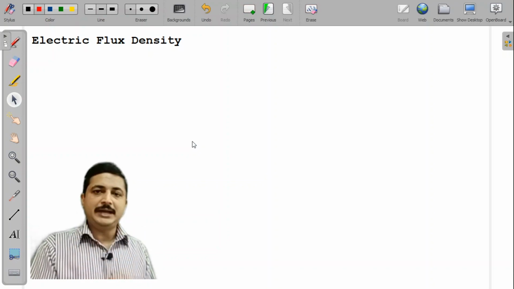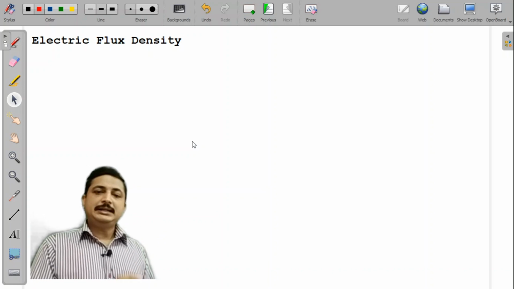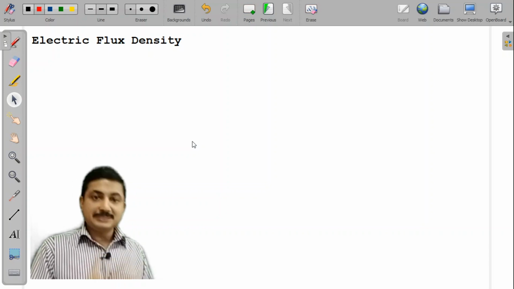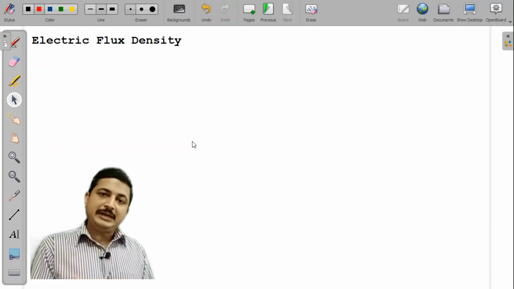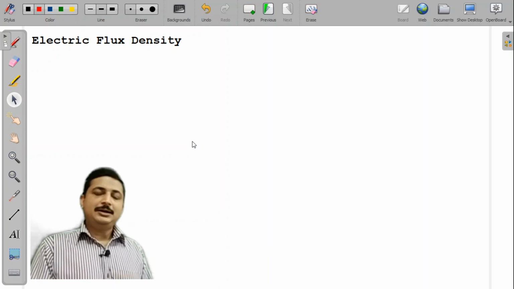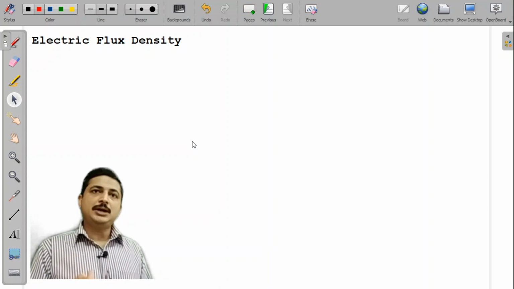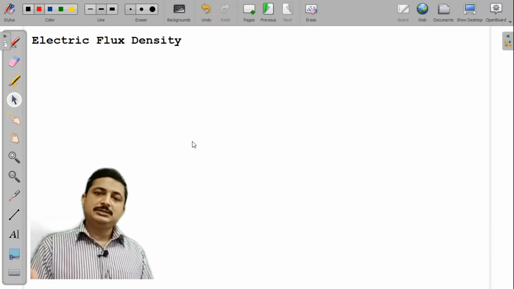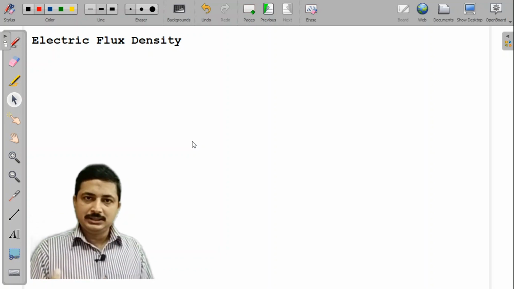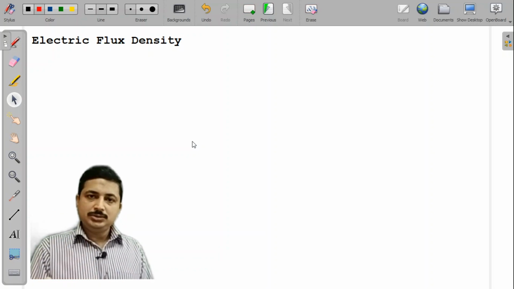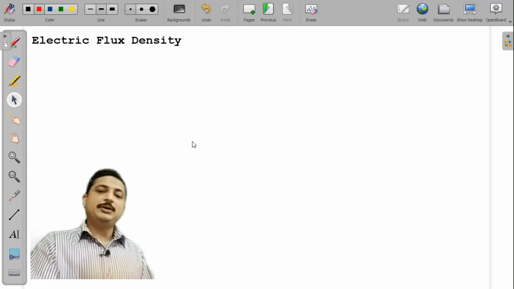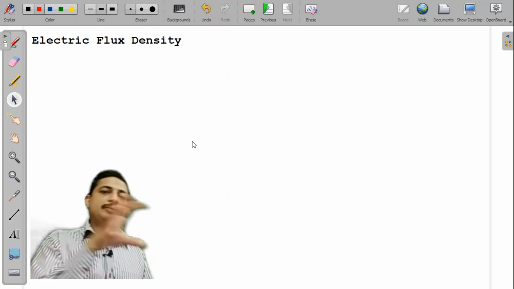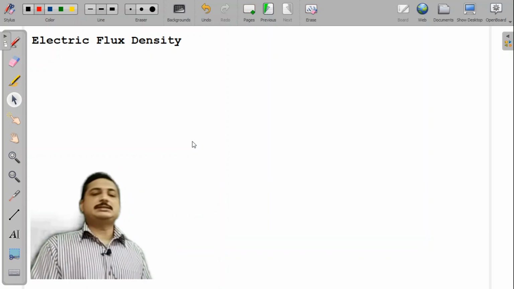Since I told you that the number of electric flux lines will give you the strength of the field, it is necessary to measure this number of lines or strength. It is interdependent. If you can count the number of lines, you can guess the strength. Or if you know the strength, the reverse: you should be able to guess how many flux lines there are. We can do this easily if you know what electric flux density is.